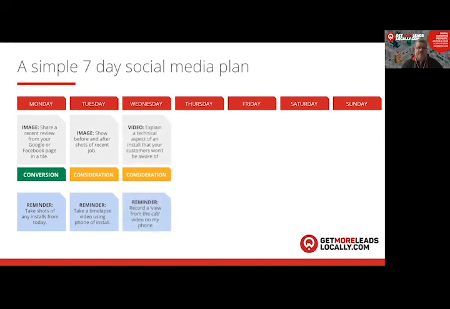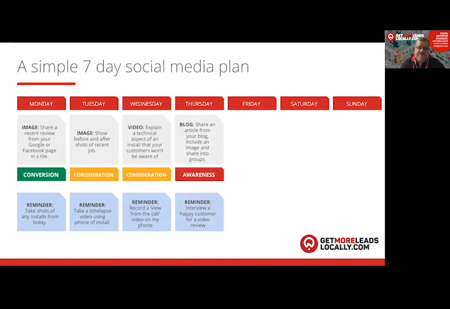Wednesday could be a video explaining a technical aspect of an install. If you've got somebody working with you, an apprentice or a buddy that you work with, they could film you, and you could do a 30-second to a minute video just explaining a technical aspect and why it has to be done this way for safety reasons, because it's a great way of growing your trust and authority locally. On a Thursday, you could share an article from your blog